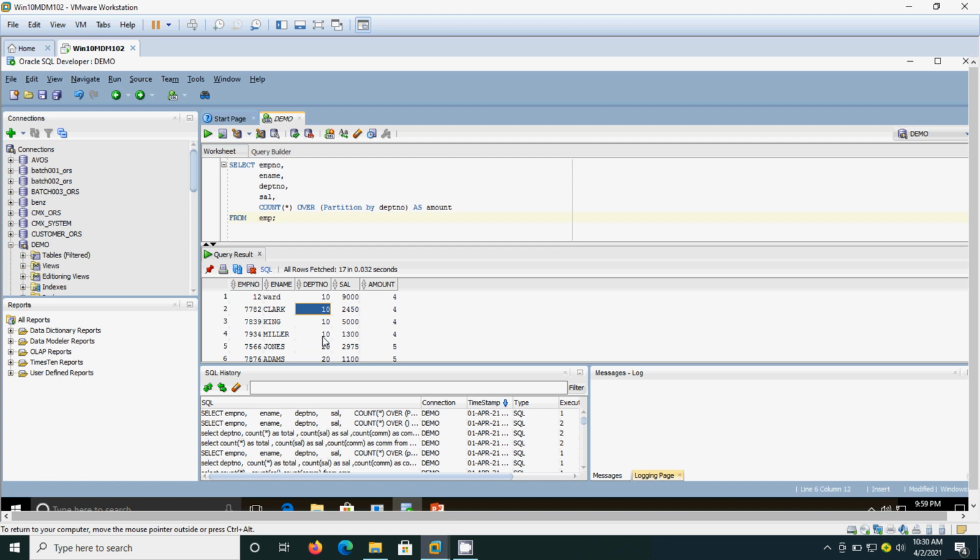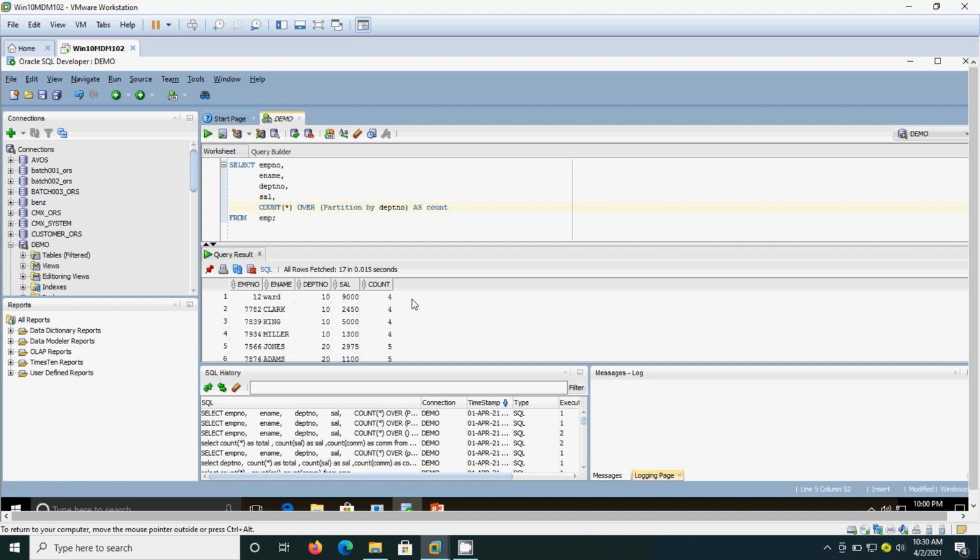Initially we have seen the count as 17. Now we are getting the department wise count. I have given the amount actually, the count actually. You can change it to count. Okay. And the department wise count we are getting.